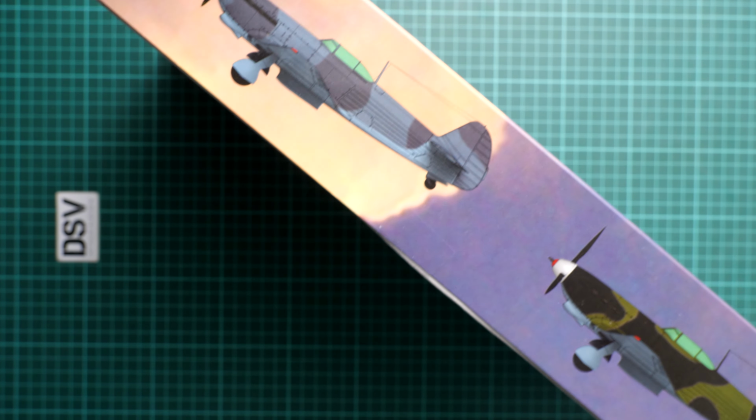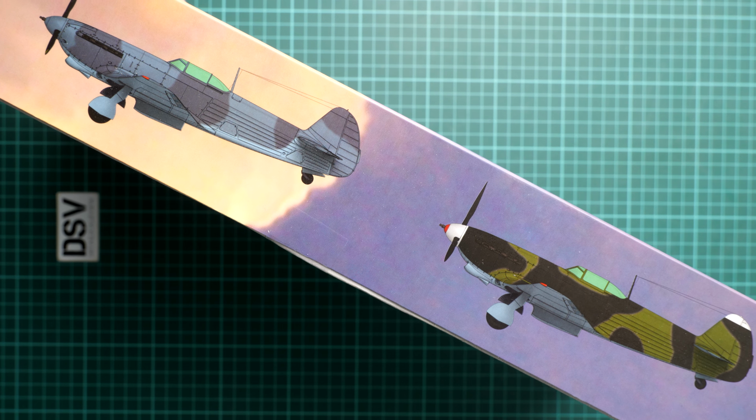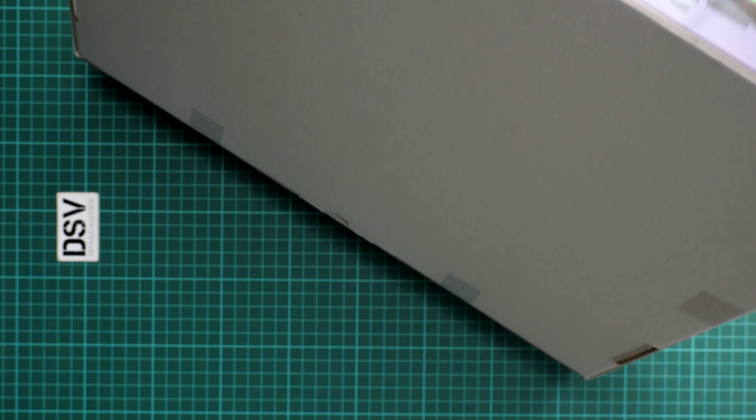And here on the opposite side you can see two marking options which are included in this kit, but I guess there might be more, maybe less, I mean two only, but we will check it in this video. And as usual, this box is sealed with a tape, so that's why I'm taking my knife and I'm going